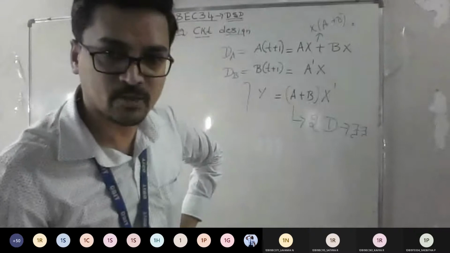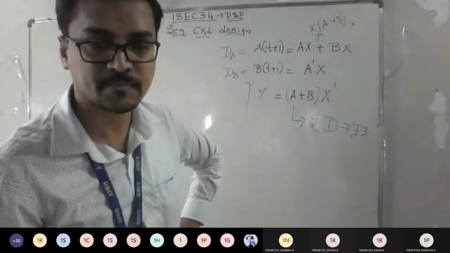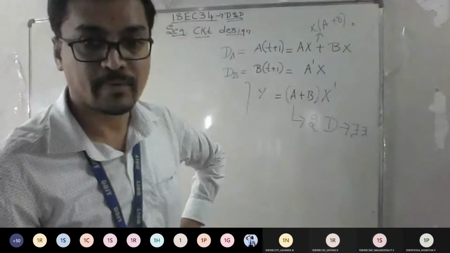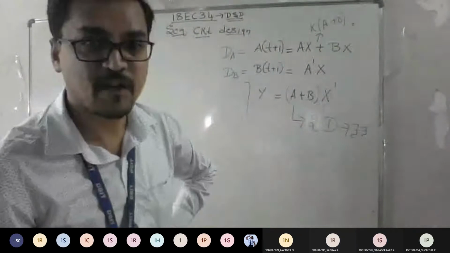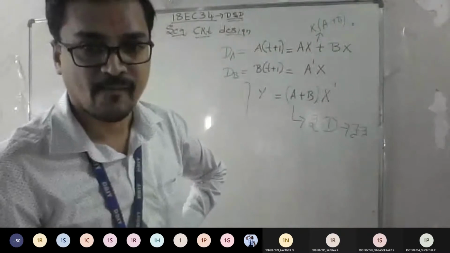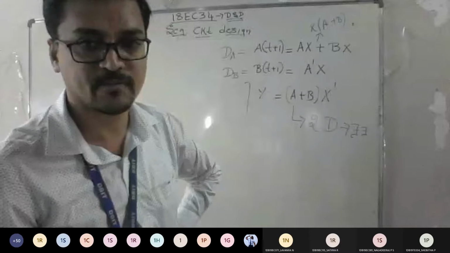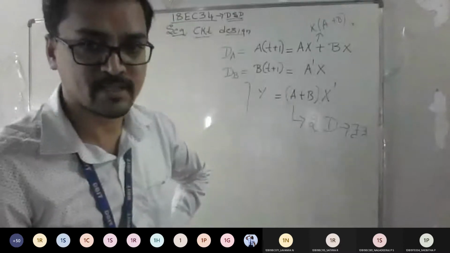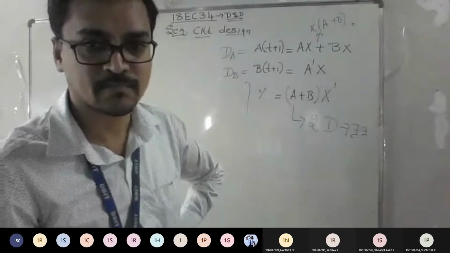So can anyone tell me, if you have 2 flip-flops, how many present states you can expect? 4. States are 4. Flip-flops are 2. Correct? If it is only 1 flip-flop, we can tell 2 states. If 2 flip-flops are there, I hope everyone remembers the formula, right? 2 power x equals y. So what does x indicate? What does y indicate?